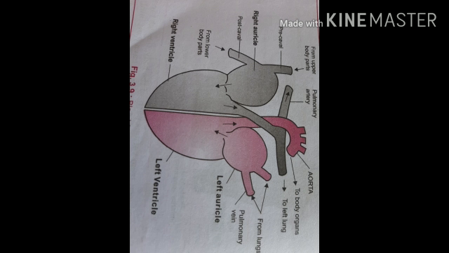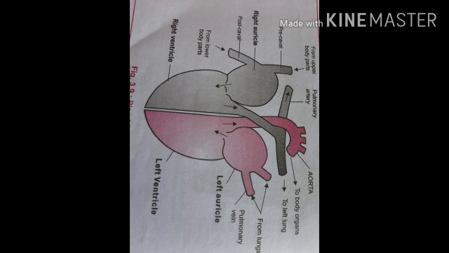more. During each heartbeat the chambers of the heart contract, that is systole, and relax, that is diastole, in a regular coordination. The contraction of a chamber is called systole. It decreases the volume of the chamber and pumps the blood outwardly. The relaxation of a chamber is called diastole. It brings the chamber to its original size, and the chamber again receives the blood.